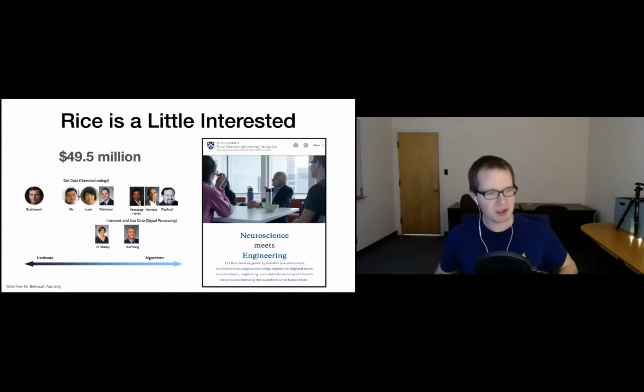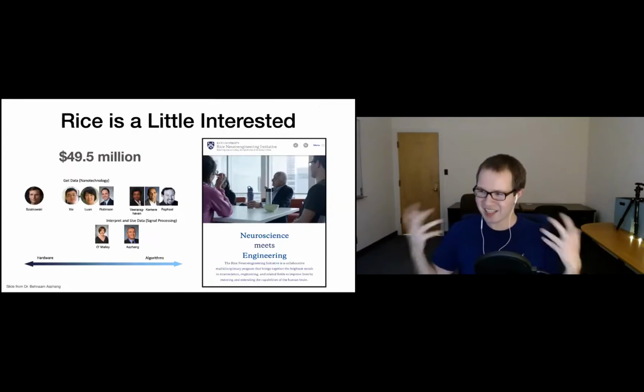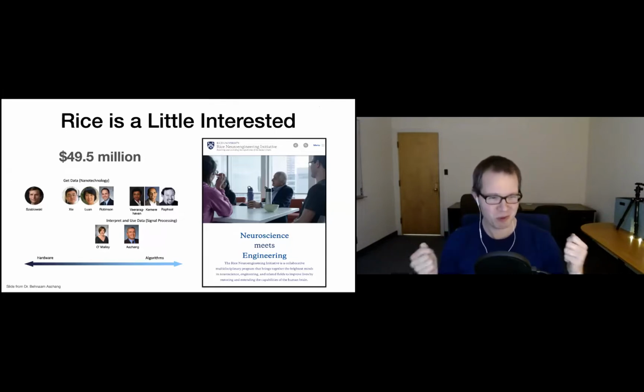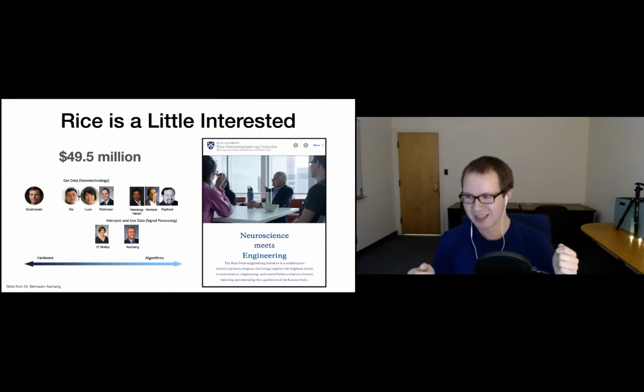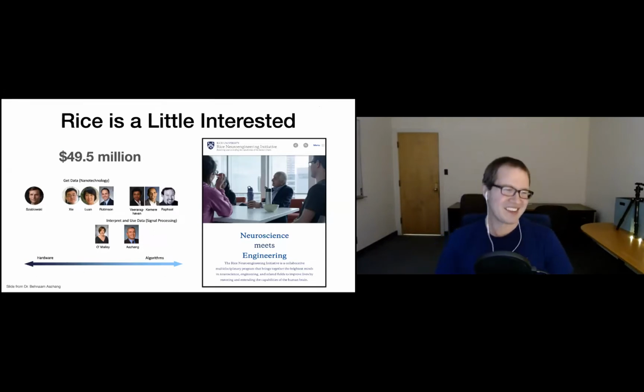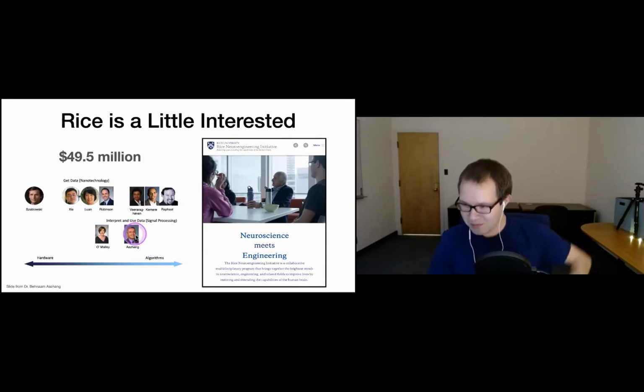Now, Rice is a little interested in this kind of thing. The Neuroengineering Initiative is a $49.5 million investment. I don't know why they didn't just round it to 50, but I'm not in charge. So yeah, they're very interested, and we have a lot of faculty who work on this. Ajang is our advisor, but there's a lot of other people working on neuroengineering projects. And so actually that's Ajang in the picture, and that's me, I think. Oh yeah, Sudha, you're there too. Anyways,